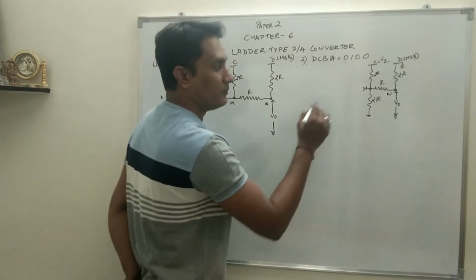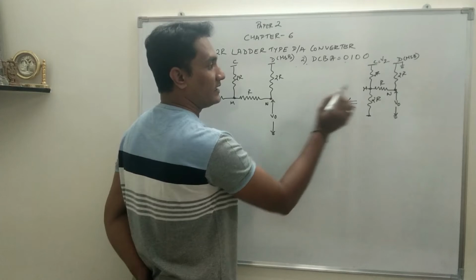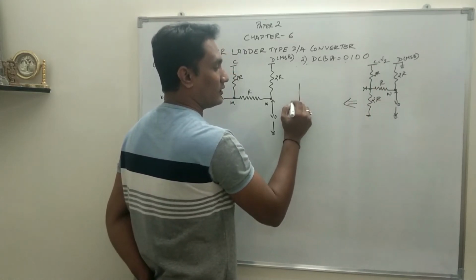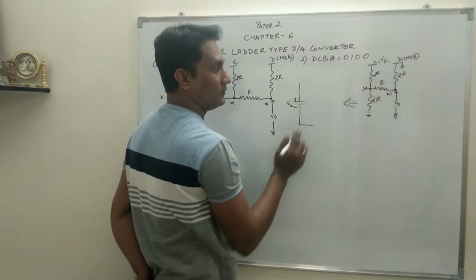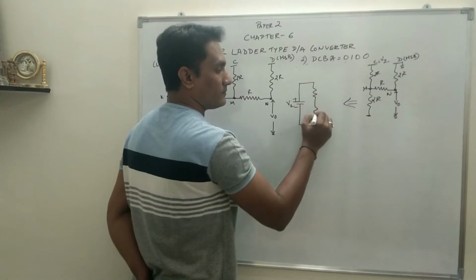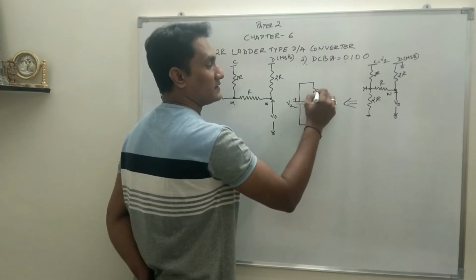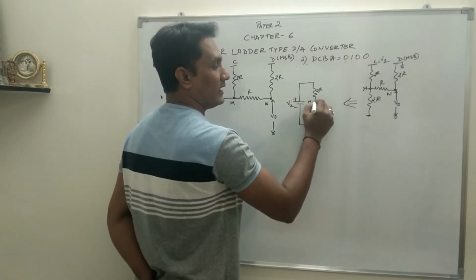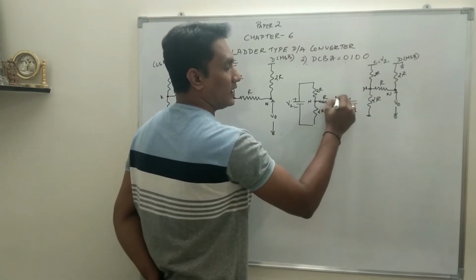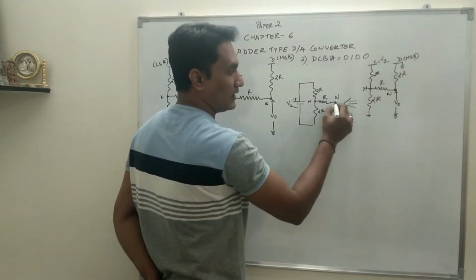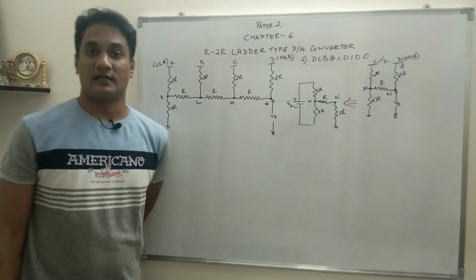I'll make a small modification to the circuit. I'll draw the arrow mark so that you can understand. This is the V2. This is positive, negative. This is the potential V2. And then you have this point V2, this is point M, this is 2R, this is 2R, and there is a resistance R here, and this is the point N, and from N there is a 2R which is connected to ground. So the circuit reduces like this.